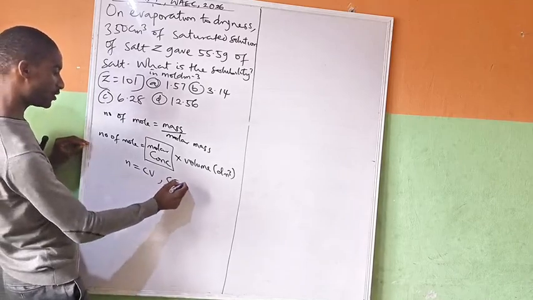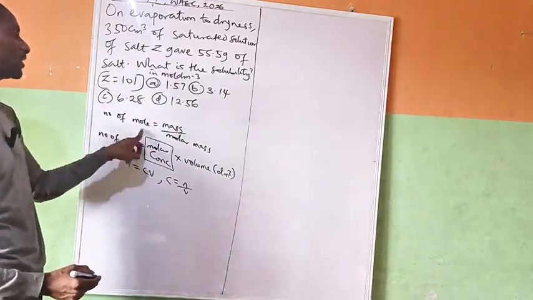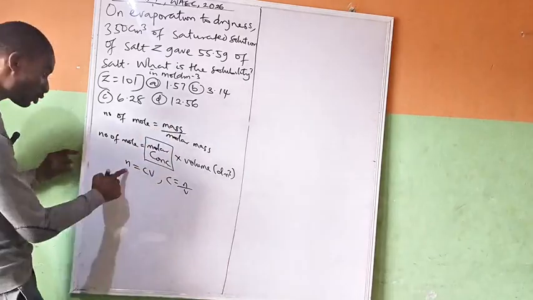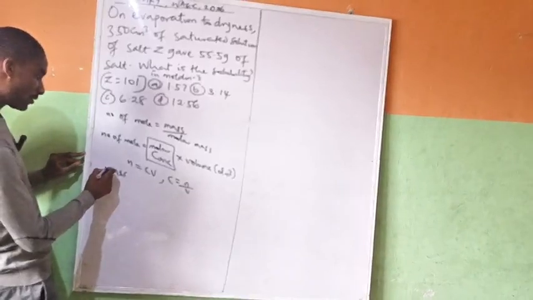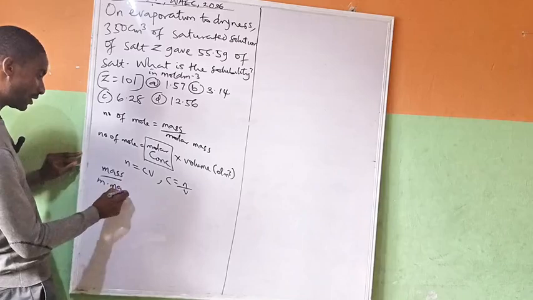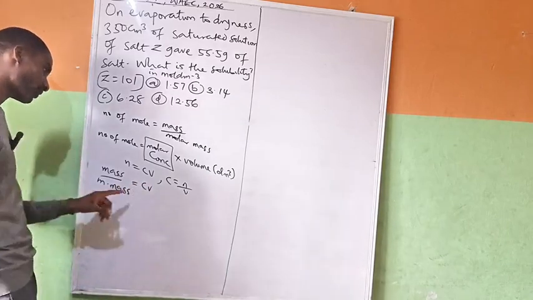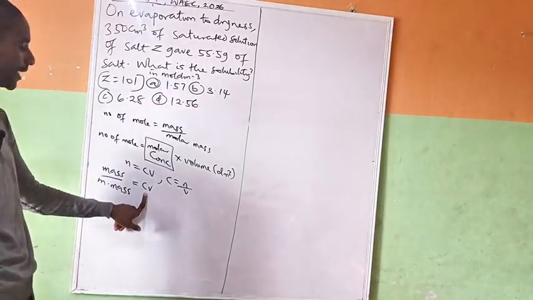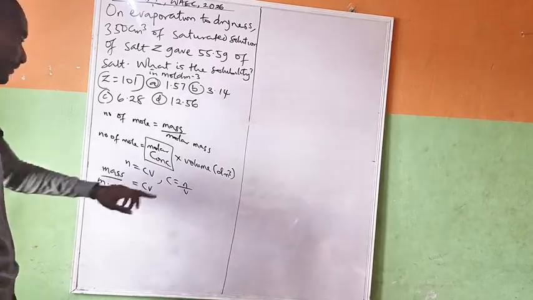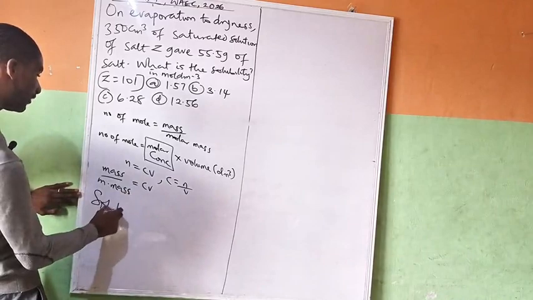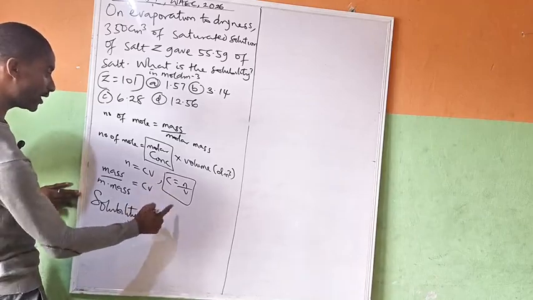So your C is going to be n over V. But you recall that n, number of moles, is the same thing as mass over molar mass. So I can say mass over molar mass equals CV. Then if I make C the subject of the formula, I will get the solubility. So the formula for solubility C is n